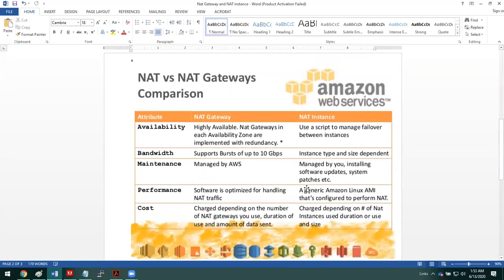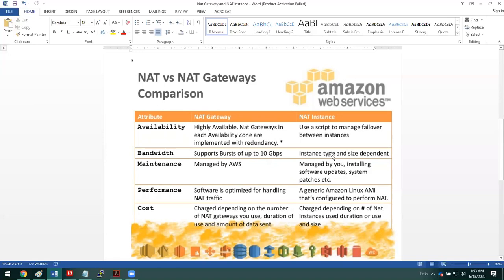Now I'm going to show you some of the differences between NAT gateway and NAT instances. Amazon provides 10 Gbps guaranteed bandwidth via a NAT gateway, whereas through the NAT instance we do not have guaranteed bandwidth.